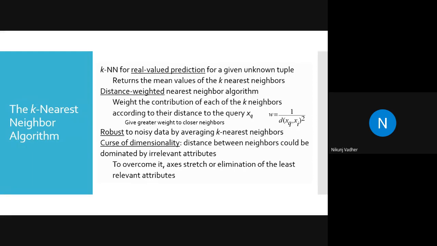That is known as the curse of dimensionality, and we have to apply data transformation as well. The curse of dimensionality means the larger the number of dimensions, the more calculation time, and more time is required to calculate the distance. That is the downside of the k nearest neighbor algorithm.